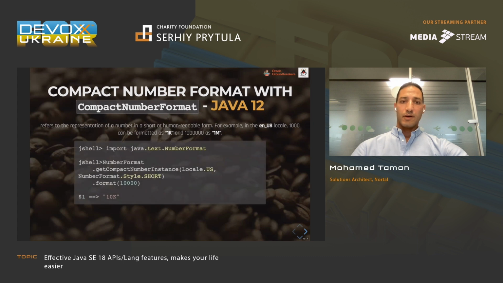Compact. This is nice if you are developing some financial or numerical things, and you would like to reduce and make numbers compact. So 1K, 1 million, 1 billion based on the locale. So you can just use number formatter and get a compact number instance based on the locale and which version you would like to use, and format some numbers, and it will say 10K, 10 million, 100, whatever it is, also based on the locale. So in the US, it would sometimes be million, billions, it's different from place to place. So it's taking care of this.